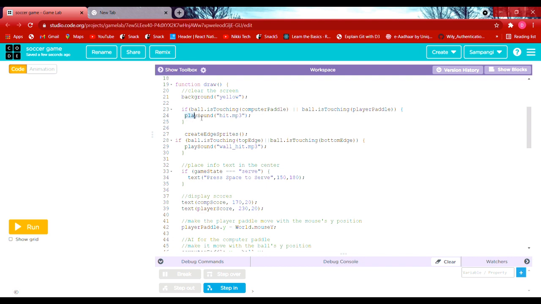Play sound is used to play songs. Play sound it.mp3. So it.mp3 is the file name of the song which I have. Go to the settings over here and press on manage assets.